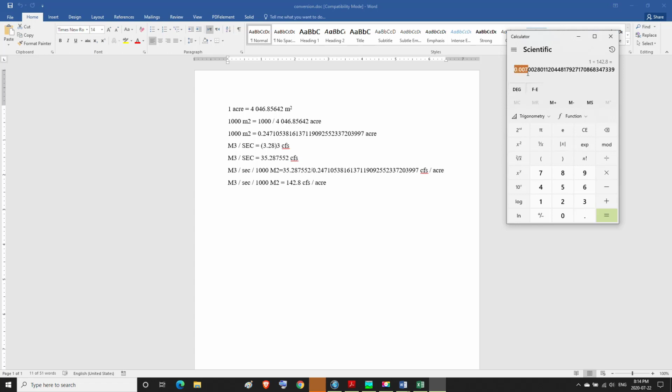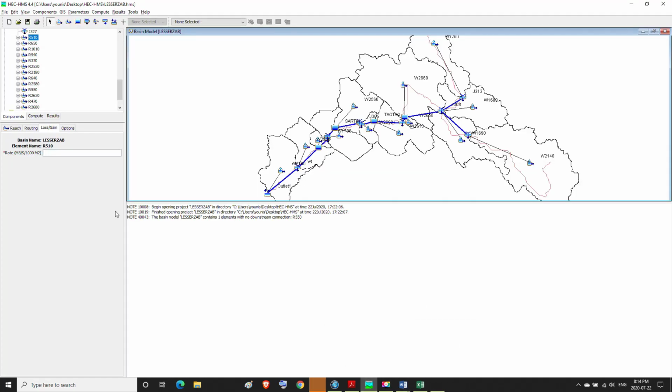Then the value becomes 0.007 meter cube per second per 1000 meters square. So in the rate we type 0.007 and this value is used for the discharge correction.